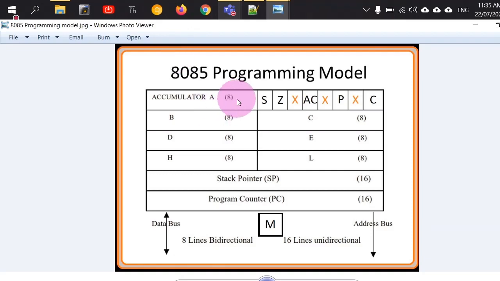So in the last lecture sessions, we have seen some simple programs, in the last lecture session as well as the laboratory, of how to deal with these internal registers by using move commands, etc. What is the role of the stack pointer? What is the role of the program counter, etc. So the aim of today's lecture is to see some small programs concerning this complete flag register. We will see this.